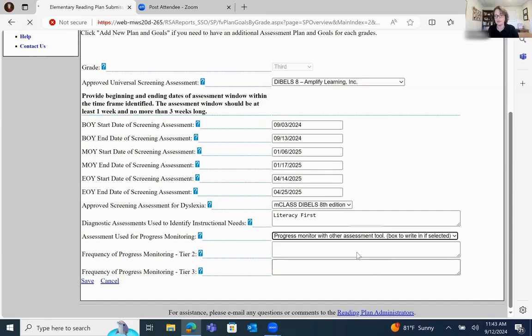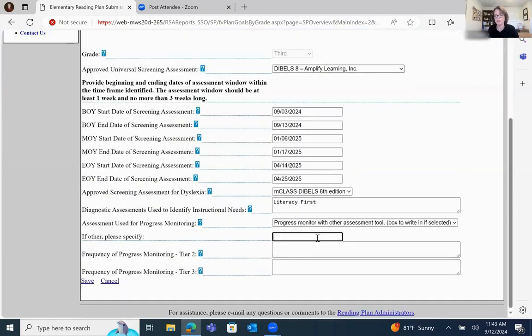So you click this, and if you click that, a box will appear for you to write what tool it is that you're using. So I put that I was using the 95% group tool, and that's what I'm going to progress monitor with. And then we just need to know frequency. And so I am going to progress monitor my tier 2s monthly, and I'm going to progress monitor my tier 3 students weekly.